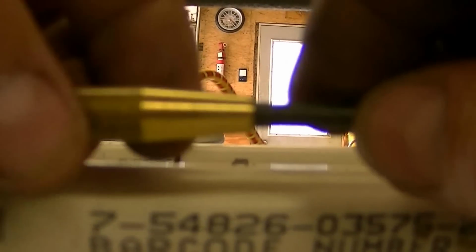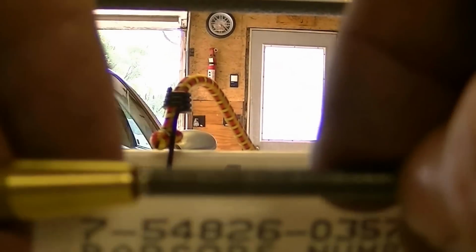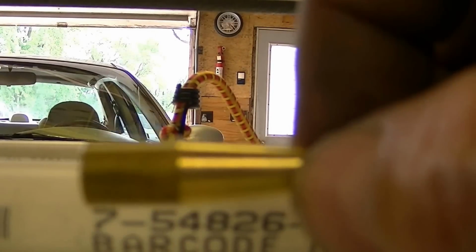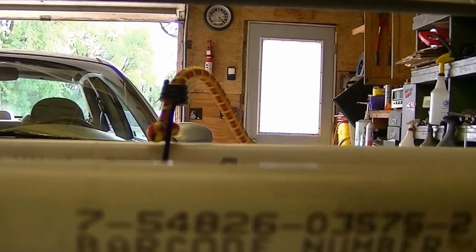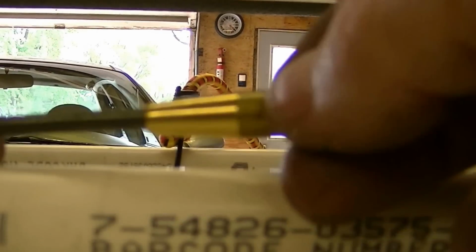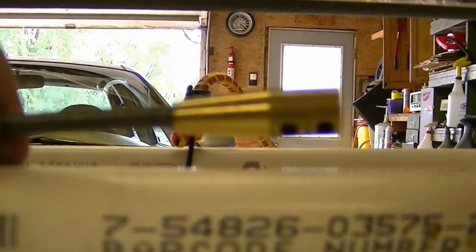Okay? And let's see if I can put it together here. You solder that to that, being sure not to shove too much through. Well, anyway, actually it goes on this end. I'll show you that. And then it goes like this. All right. So you've got that on there. You solder this on here. So that, you know, you're inside there. Okay. So then what you do is you take